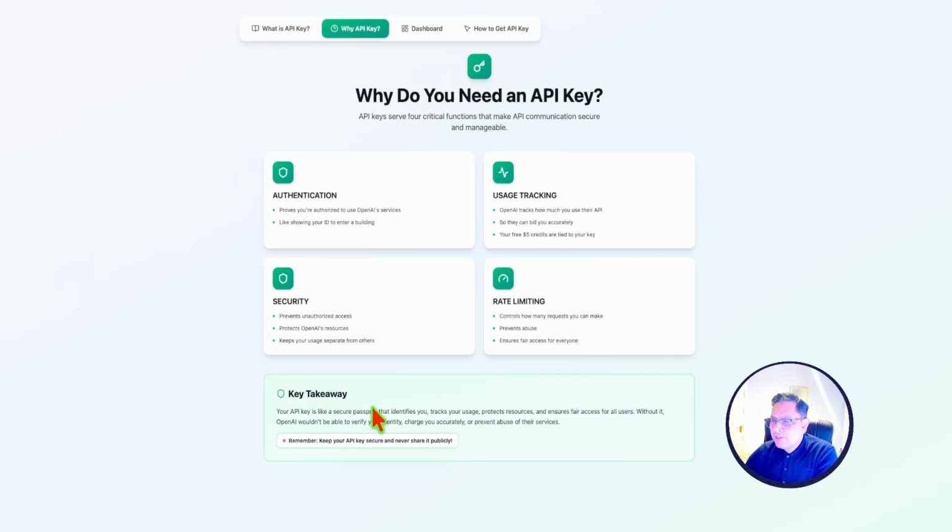It identifies you, tracks your usage, protects resources and ensures fair access for all users. Without it, OpenAI can't verify your identity, charge you accurately, or prevent abuse of their services. So remember, keep your API key secure and never share it with anyone.